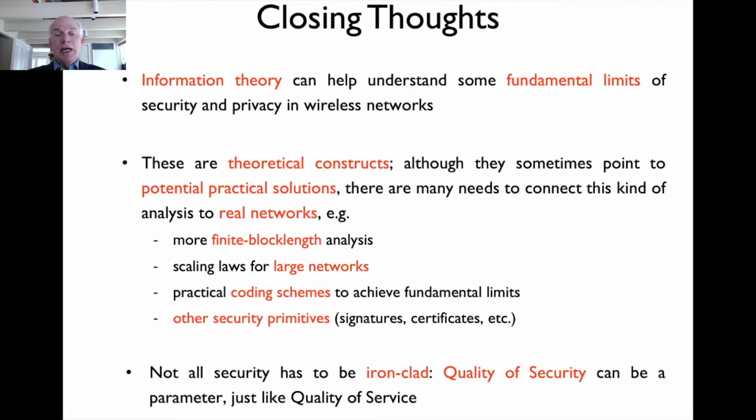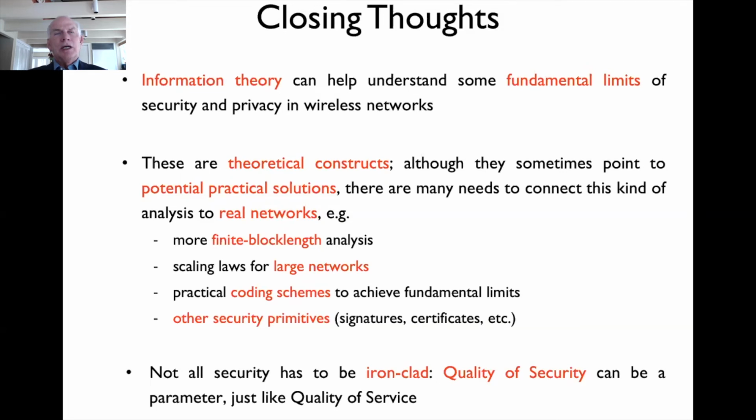On the other hand, for many applications like content distribution, there's a trade-off between the cost of security and the amount of security you get. Just like we talk about quality of service in wireless networks, we should also be thinking about quality of security. Do we really need bulletproof security for content distribution? If I'm Comcast and I have some customers who get all my content and other customers who just get some premium content, that's a financial issue. It's not a life or death issue.